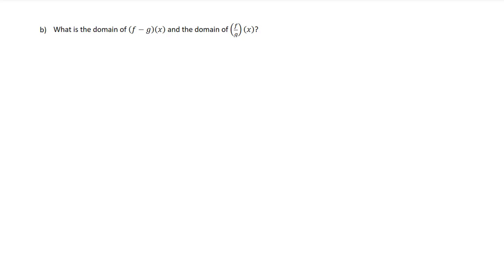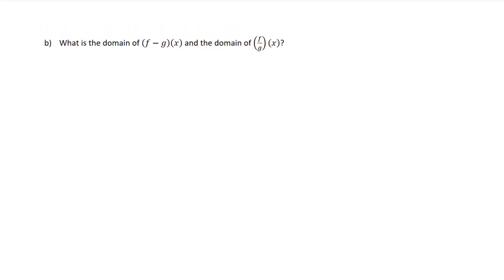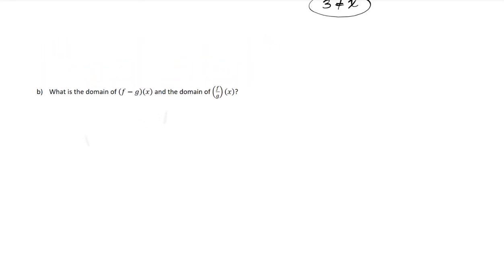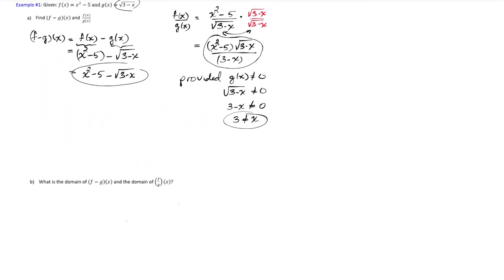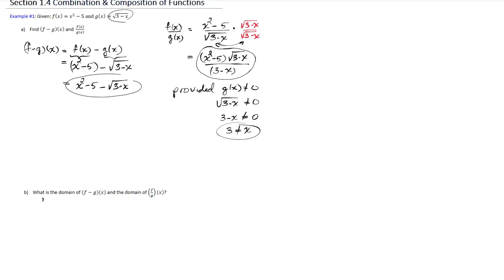Welcome to a video on finding the domain of combinations of functions. To find the domain of f minus g, we need to find the domain of the individual functions first and find their intersection. Note that for this problem, the functions f and g are defined as follows. f of x is defined as x squared minus 5, and g of x is defined as the square root